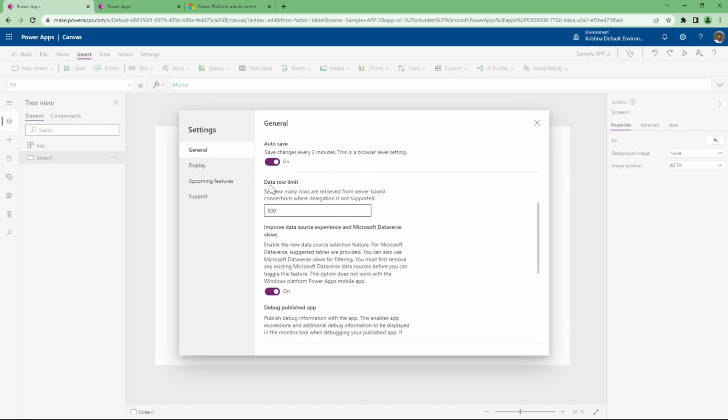The next one is data row limit. Data row limit is very important. Ask me if it is not clear. I'm explaining now. Data row limit means how much data we want to see as part of the data call. For example, when I say select star from students, I want to see only a maximum of